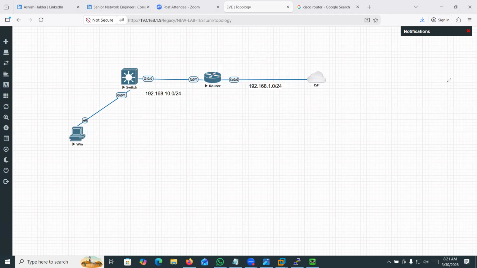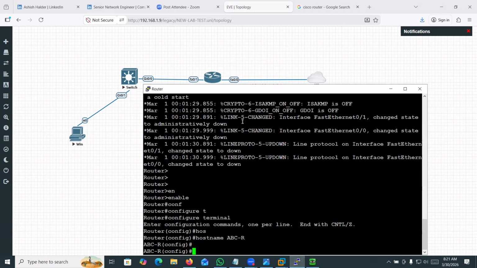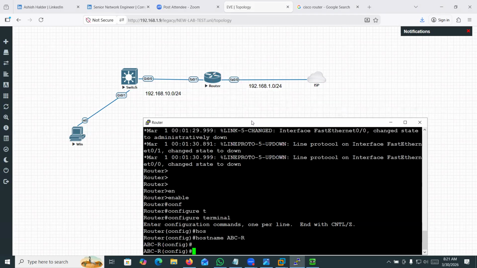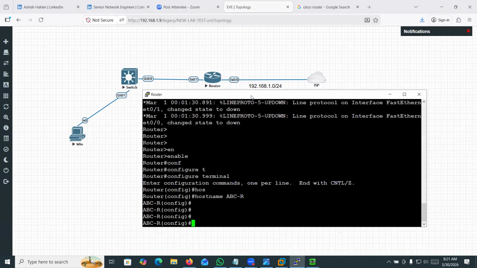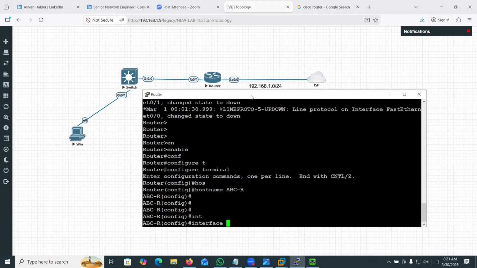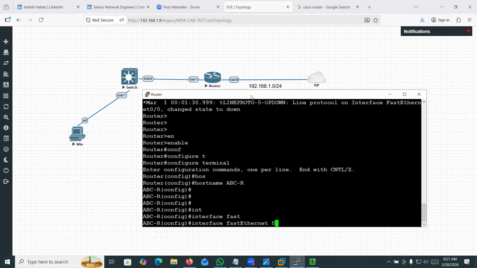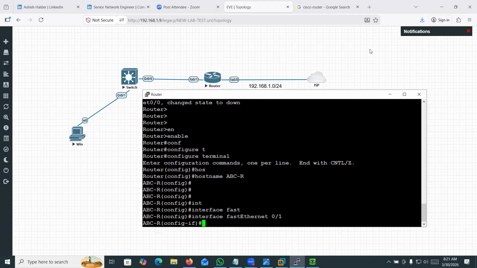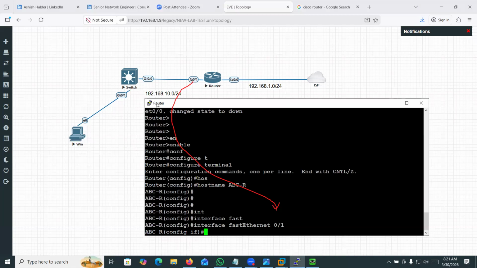Okay. So if I go to the router, first I need to type interface fast Ethernet 0/1. I am going to assign an IP on that interface. Okay. And here my subnet is 192.168.10.0.